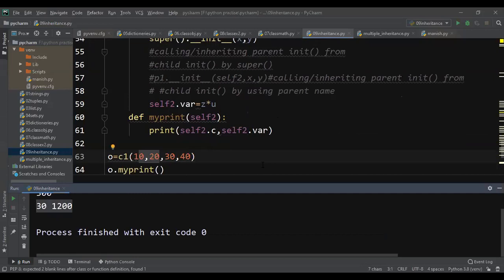Here for understanding the concept, I may be using print or A plus B or A into B, but in an actual scenario, we will do our own functionality. My intention is not addition, multiplication or printing. My intention is to understand the concept of the child and parent.